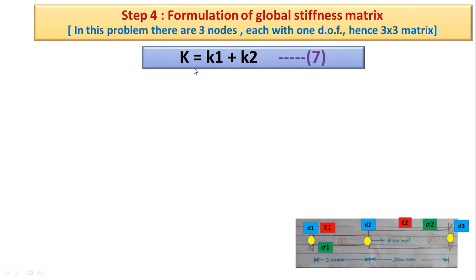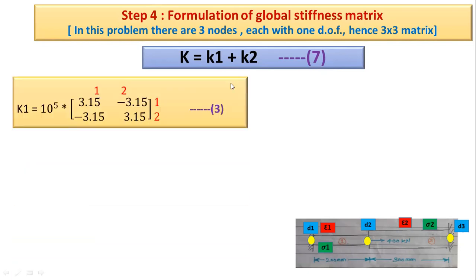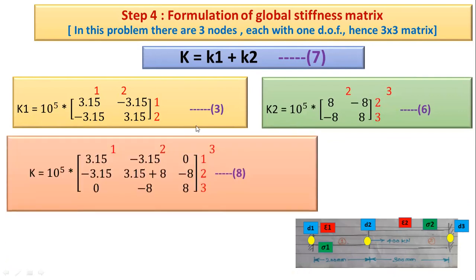So 3 by 3. So K equal to K1 plus K2. Value of K1, value of K2, and summation we will get, size equal to 3 by 3. How to prepare this matrix? Just prepare a blank 3 by 3 matrix and put in the respective values. In this position, just place row 1 and column 1, means the 1 1 position and its value.